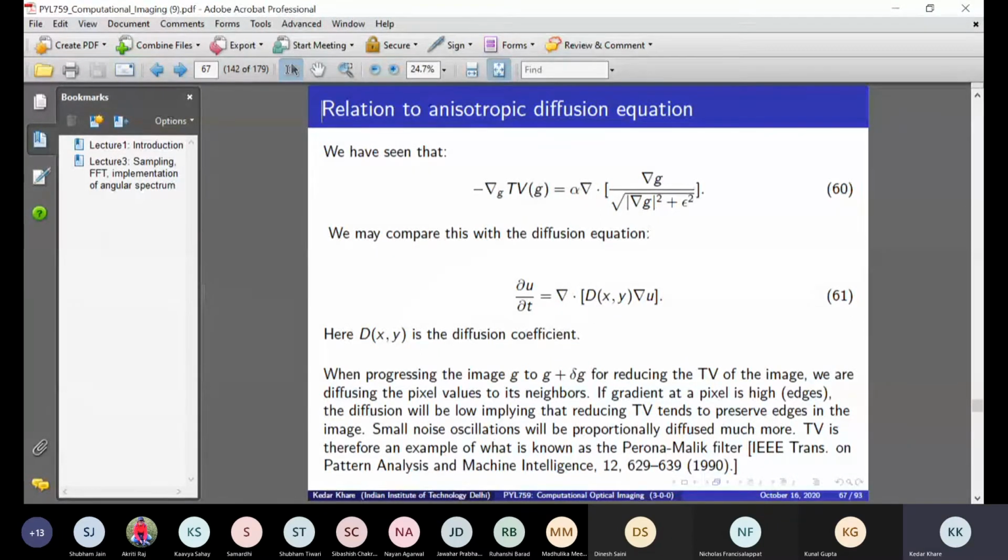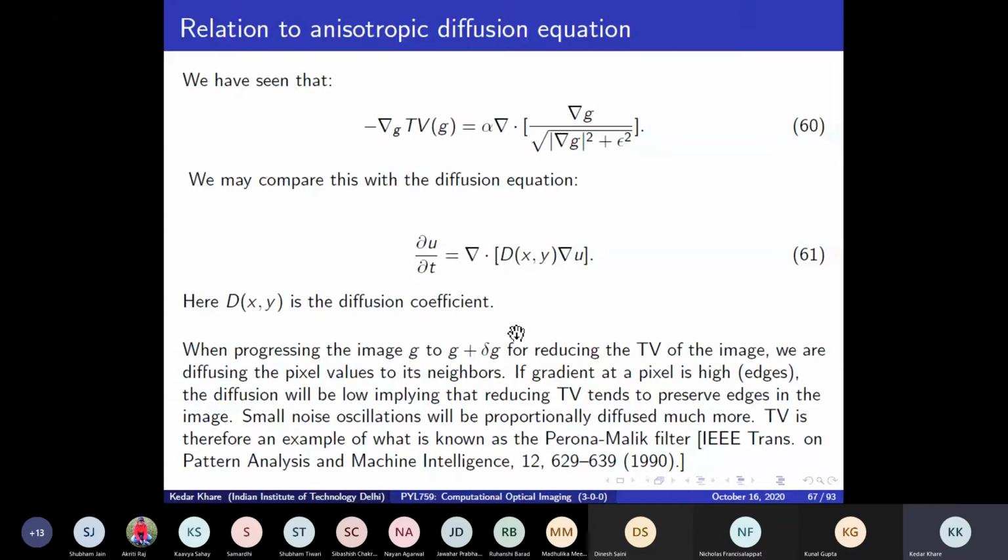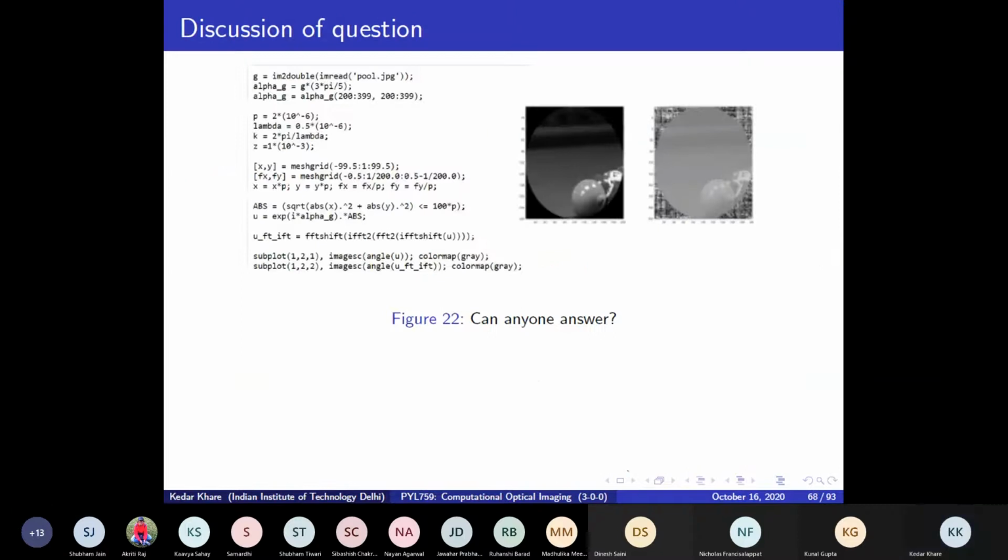So are you able to see my screen? Yes. I want to start with a question I got in the email. I think two people have raised questions of this sort. They are both essentially the same, but I'm showing one of them. The idea is there is a picture on the left-hand side and there is an aperture on that. This is actually taken as a phase image, so the picture is raised in the exponential after scaling.